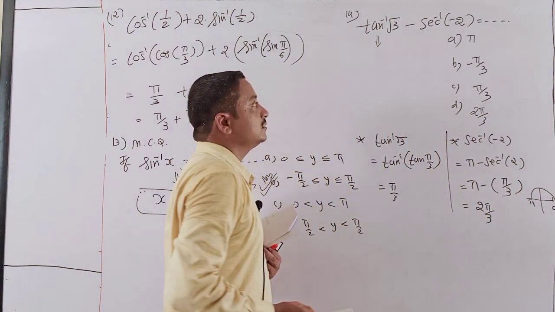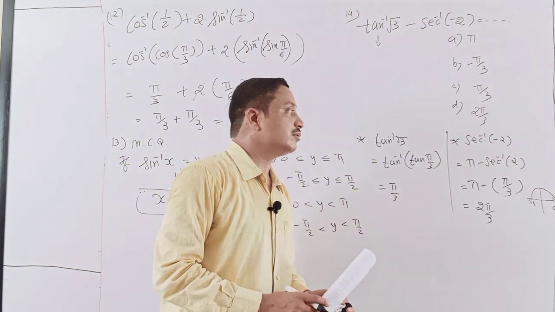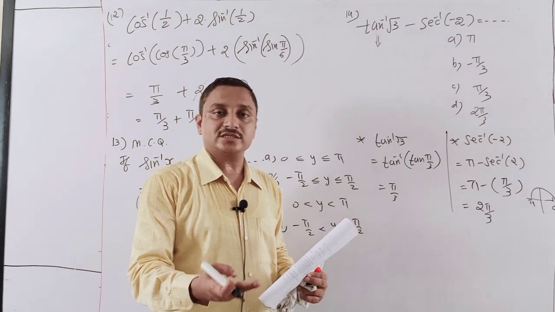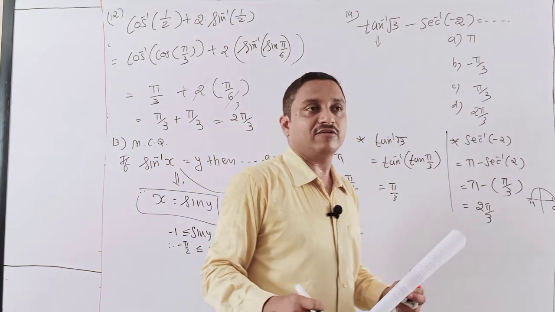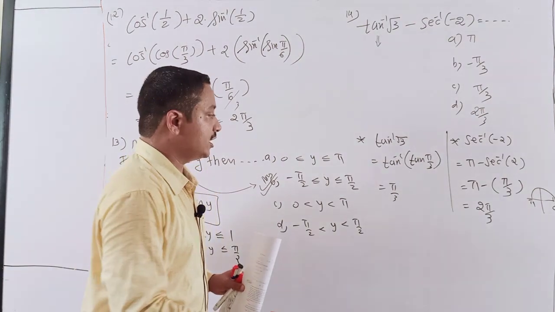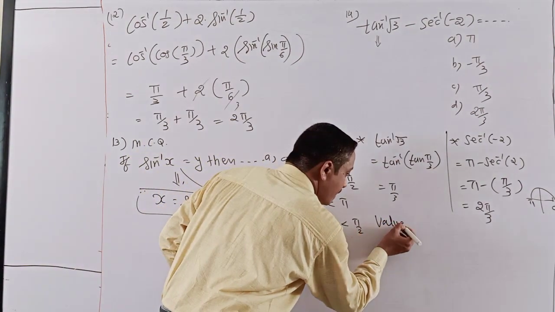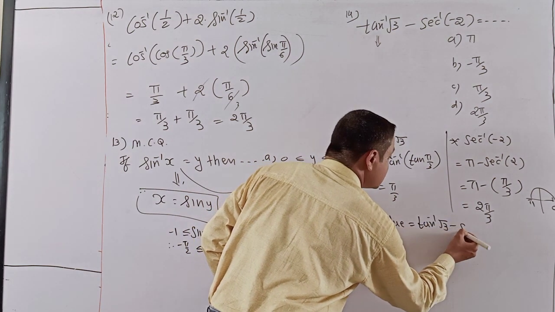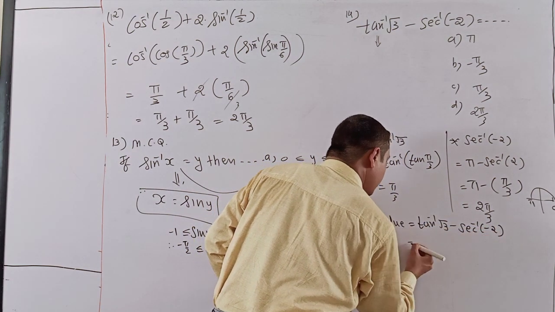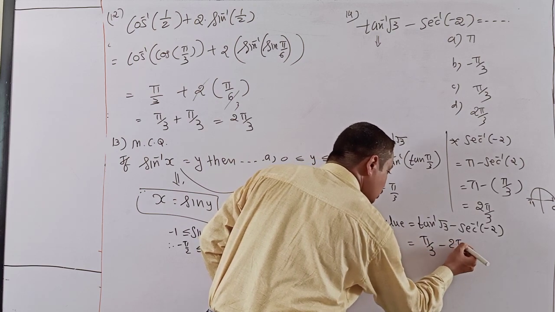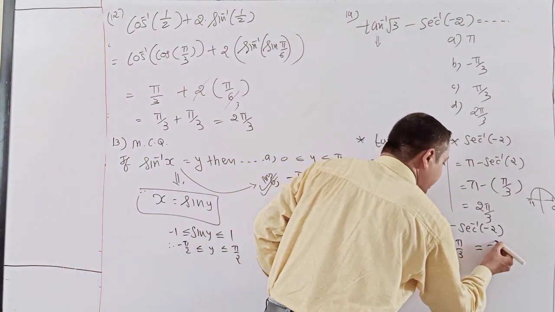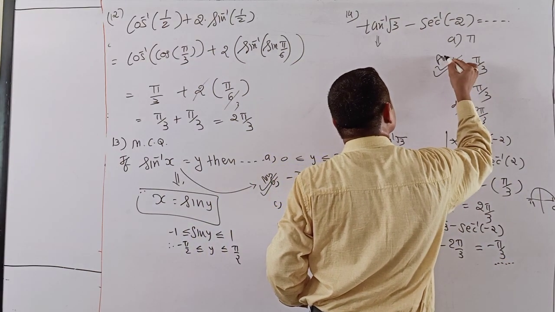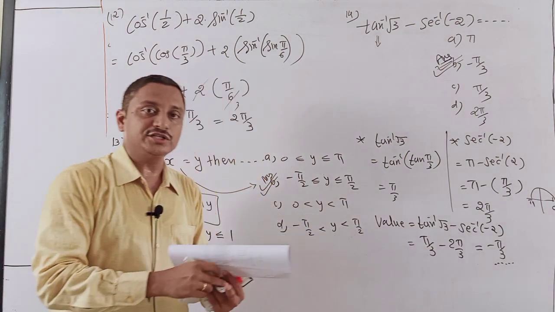Now this and that total values I just derived and the value is ready. Students, one more time check. Sec 2, cos 60 is a half. So sec 60 is a 2. Now final value. Your target is tan inverse root 3 minus sec inverse minus 2. My answer is pi by 3 minus 2 pi by 3. So final answer is minus pi by 3. And your option is B, students. This option B is your final pick.